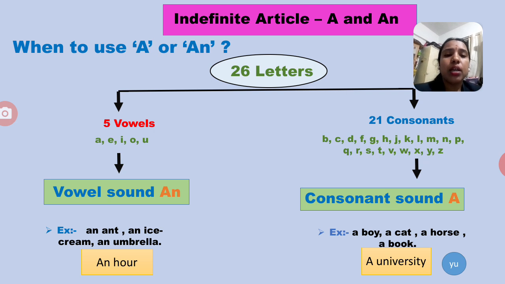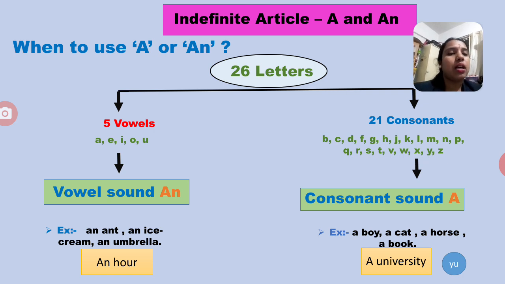Okay, now you can see another example, one more example I have given in the orange box, that is "an hour". So here you will say H is not a vowel, but ma'am still used "an". Because H is a silent letter in "hour", because we pronounce it "our". So H becomes silent over here. So "hour" is pronounced and sounds like a vowel, not a consonant. H is a consonant, but here H is silent.